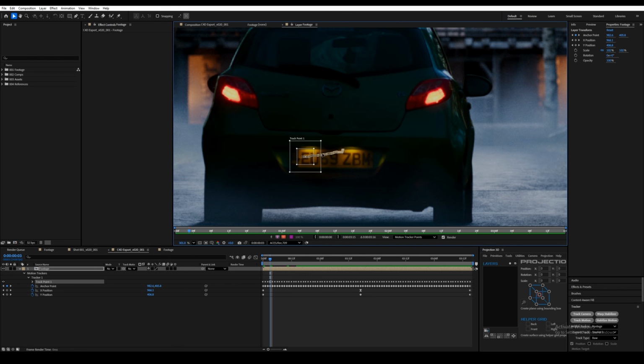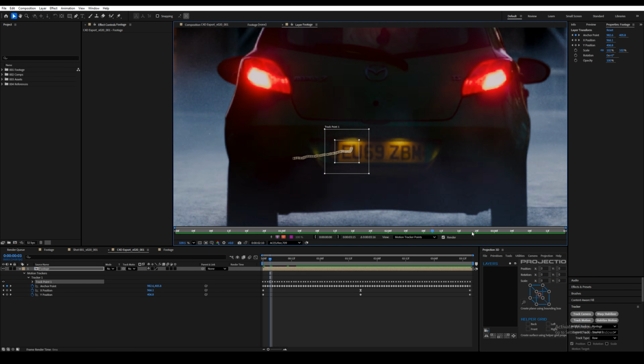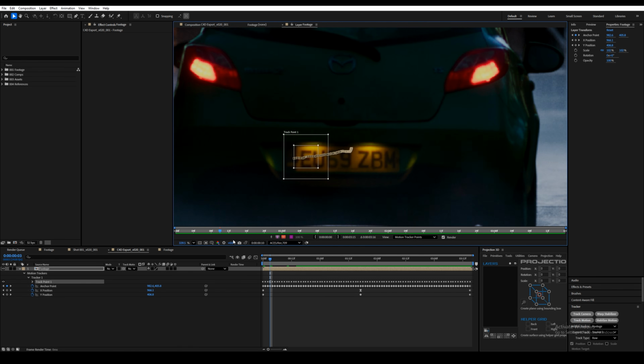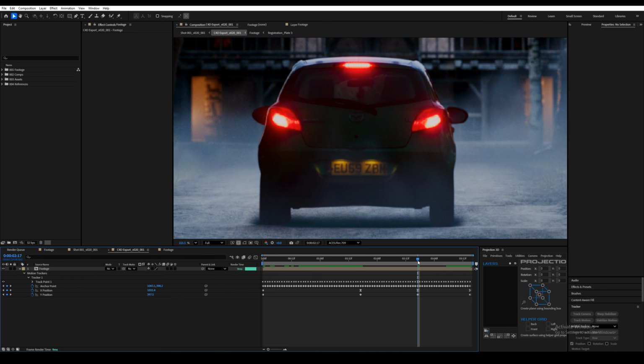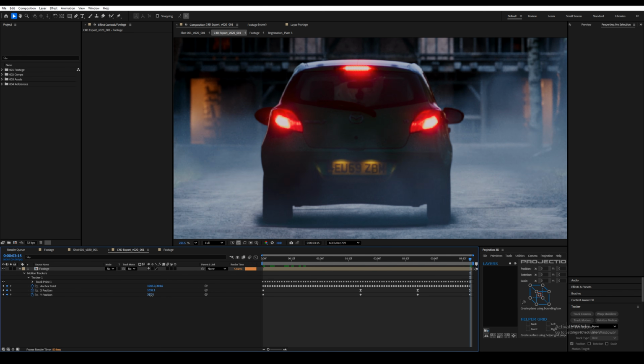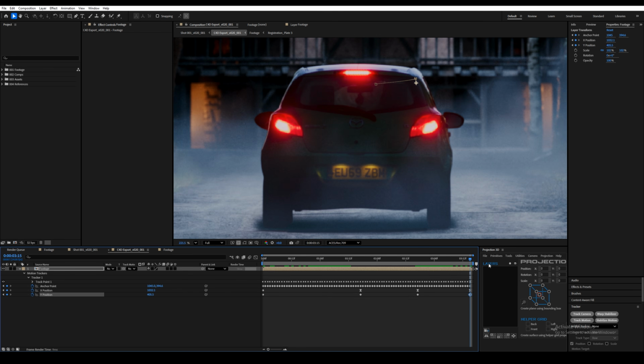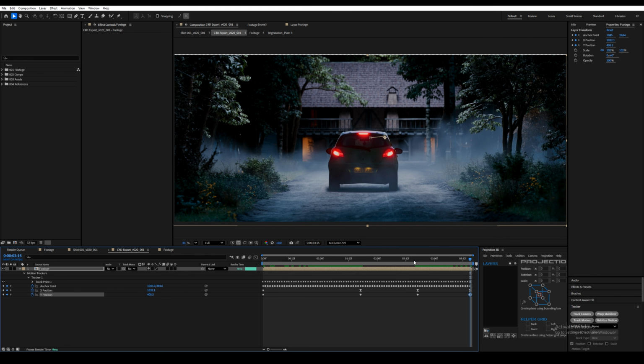didn't really have time. So to fix that, I basically stabilized the footage to the license plate. By the way, this is not the actual license plate for the car. I changed the numbers on them. After stabilizing, I just sort of manually animated the layer to be in frame. This sort of fixes this issue, but it's not ideal, so definitely always check before you commit to such a